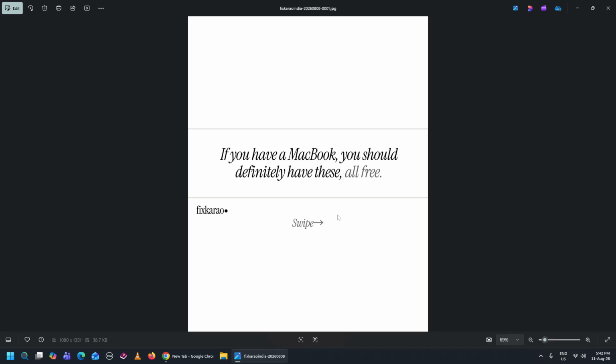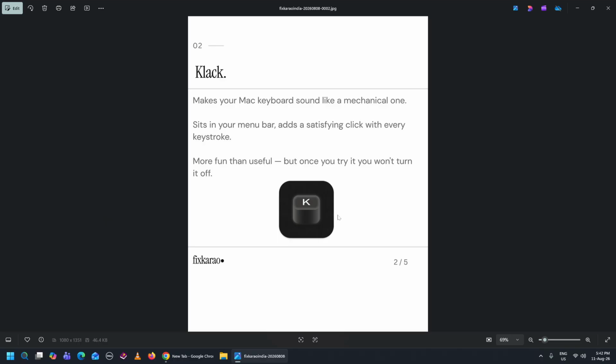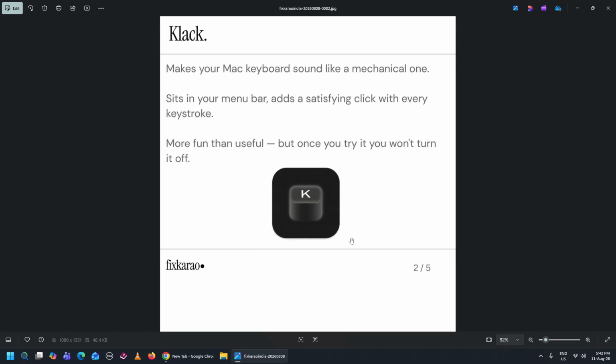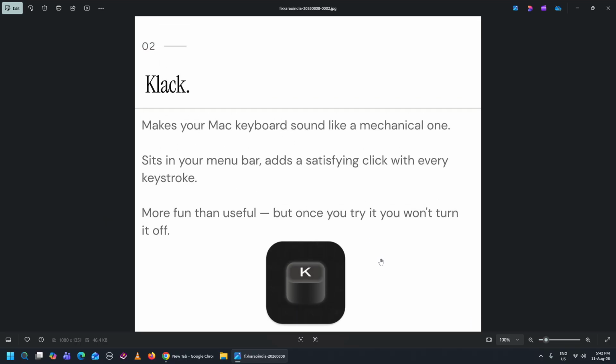So the first thing, if you have a MacBook, which you should have, is Klack. It says here that Klack makes your Mac keyboard sound like a mechanical keyboard. It sits in your menu bar and adds a satisfying click with every keystroke.